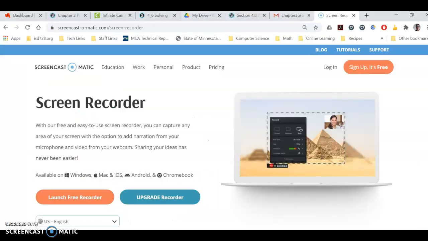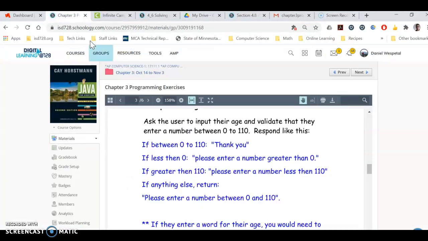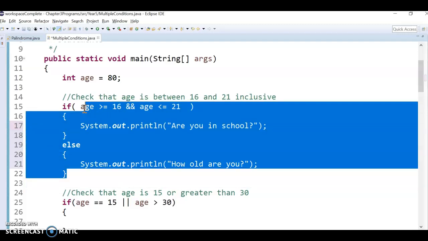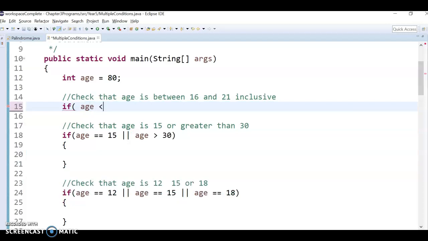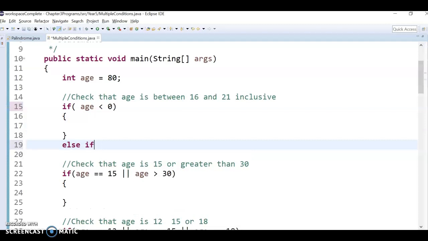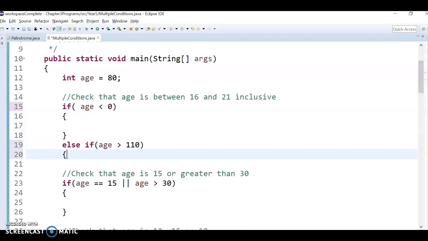I'm trying to look back at this one specifically, what is it asking us. If it's less than, oh, say enter greater than 0, or if it's over 110, say less than 110. So another way to do this one too, let's try not to give away too much of it, but this is an age one again. So we could basically do something along the lines of: if the age is less than 0, do something, else if age is too big, so it's greater than 110, do whatever,